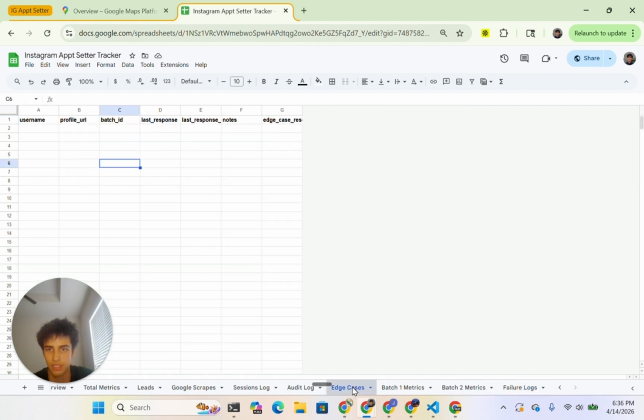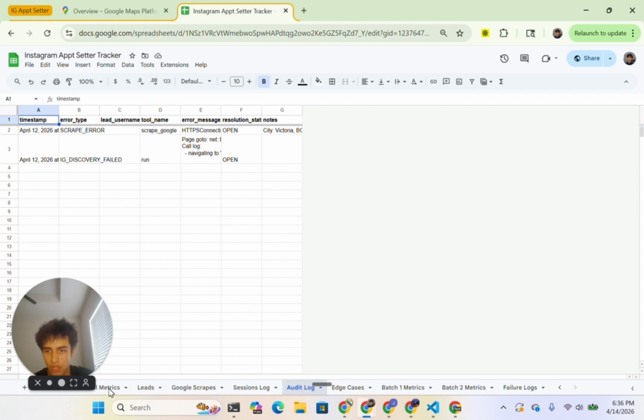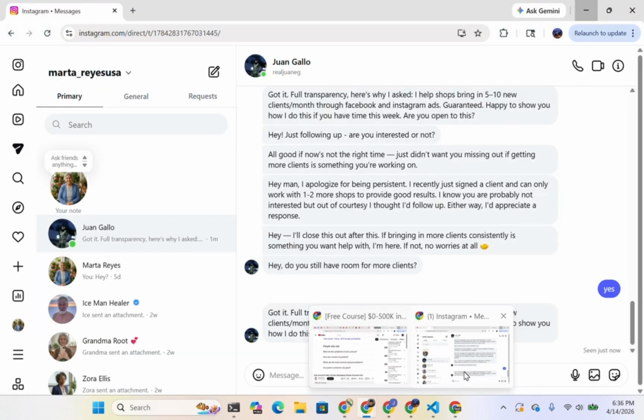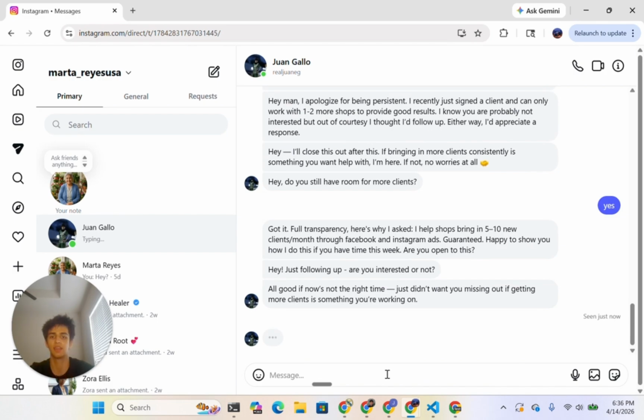some failure logs, the edge cases, some audit logs, total metrics, overview. Like it's just cool stuff, just so you can understand, is your script working? Are you getting responses? Not just is your agent performing? Are there any errors, stuff like that, but just is the actual script getting you responses, or booked leads, I should say. And here, let me just go in and reply to, and then say, here it's about to see